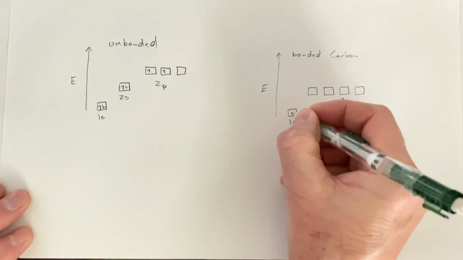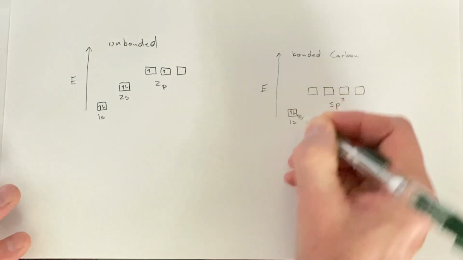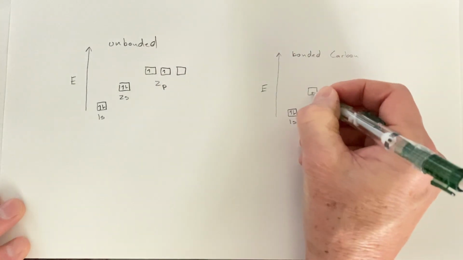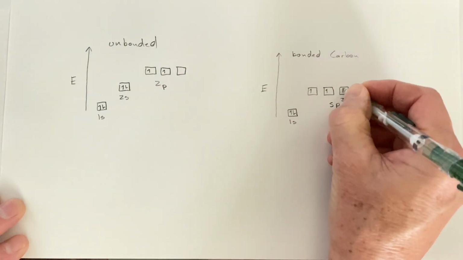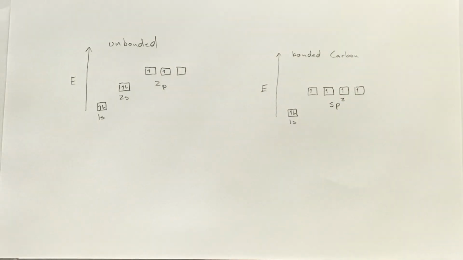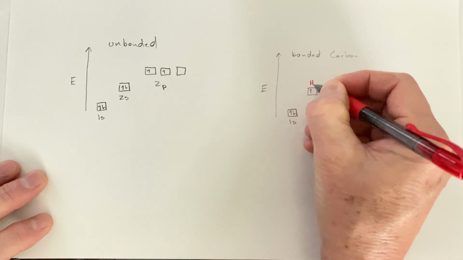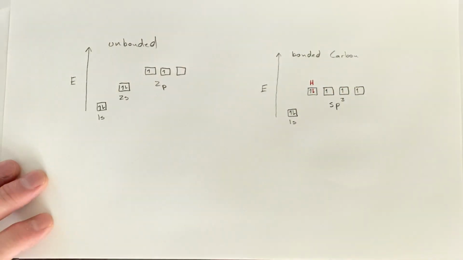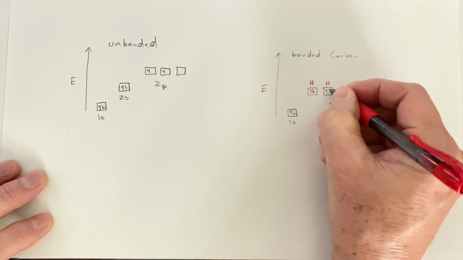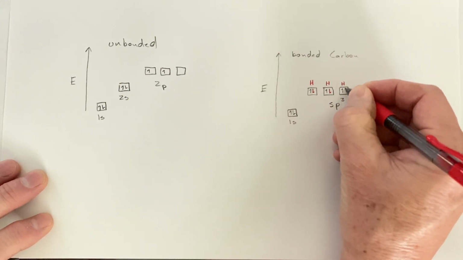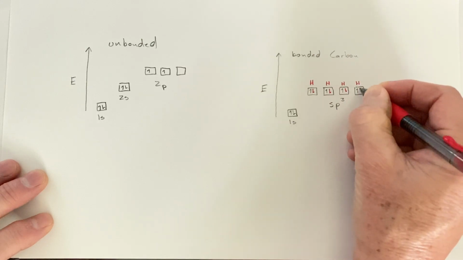Now I can turn around and place my 2 core electrons for the carbon atom. And then I will place 1, 2, 3, 4 electrons. Remember that the carbon atom has 6 protons and 6 electrons. Now I can bring in a hydrogen atom, and I'll place the hydrogen atom's electron in that orbital. I'll bring in the other hydrogen atom with its electron, the other hydrogen atom with its electron, and the 4th hydrogen atom with its electron. Now as we look at this orbital diagram, we see that we have 4 carbon-hydrogen bonds, and they are of